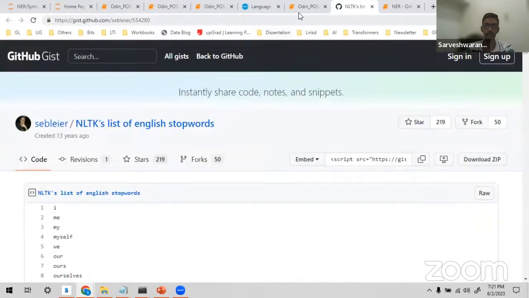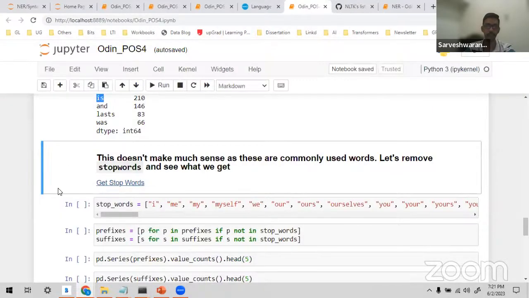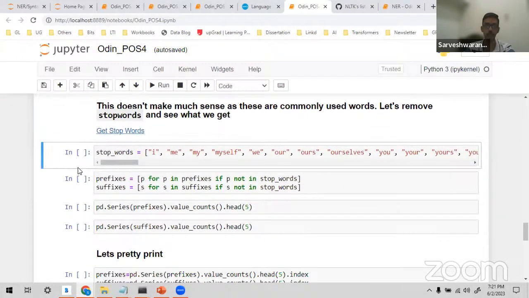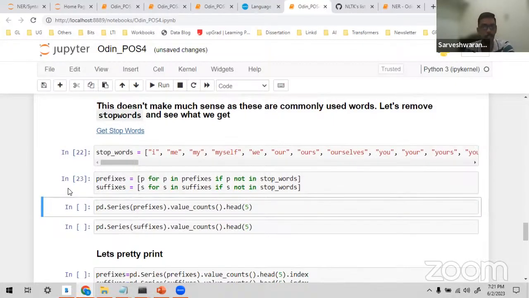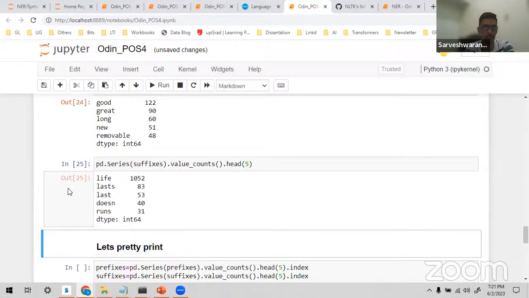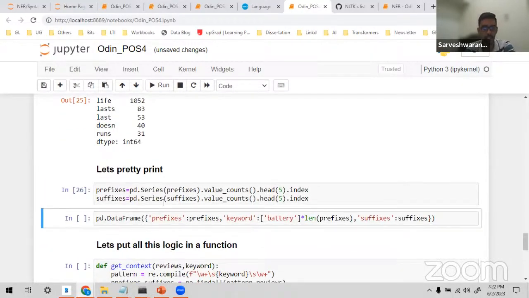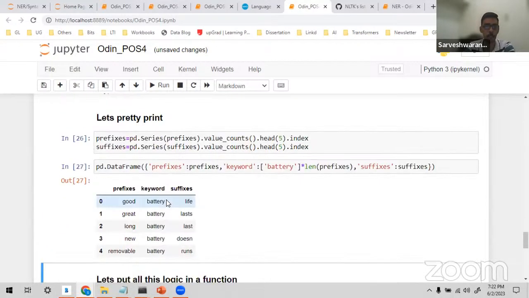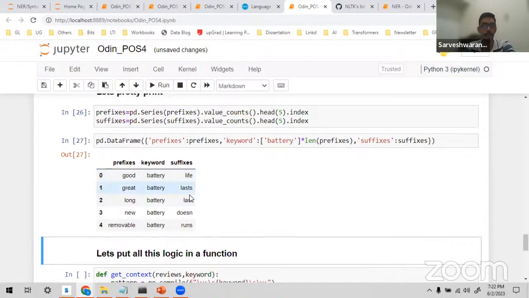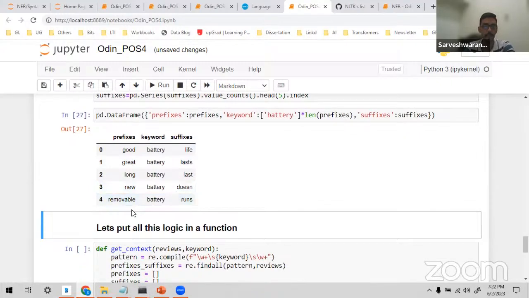So there is a stop words library again. From the stop words library, you can download and use the stop words and remove them. From the prefix and suffix, I just remove the stop words, and you can see now what the battery says: good battery life, great battery lasts, longer battery last, new battery doesn't, removable battery runs.